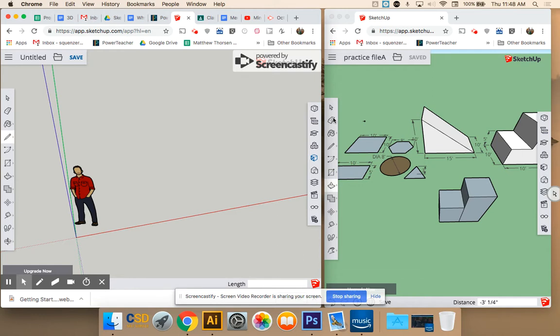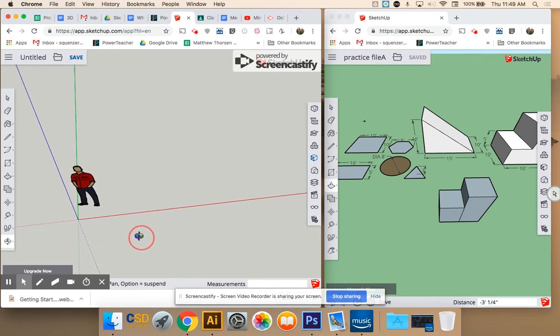Okay, so your objective now is to model what I have on this screen, over on your screen. You're going to get started with basic 2D shapes. When you're drawing 2D shapes, you just want to make sure that you're in the green and red area. So right now, my orientation's no good. I want to hit O for orient, and I kind of want to make my screen a bird's